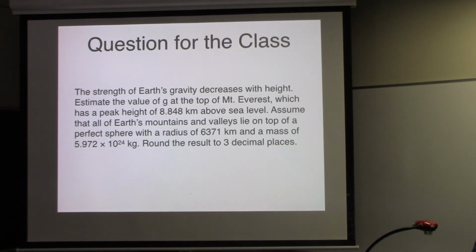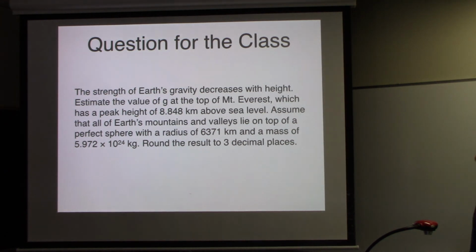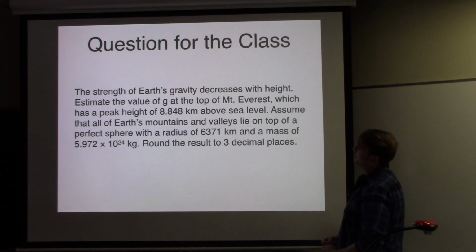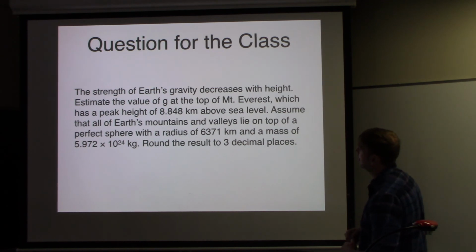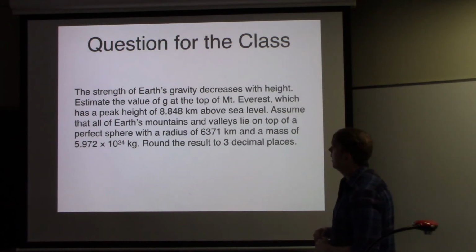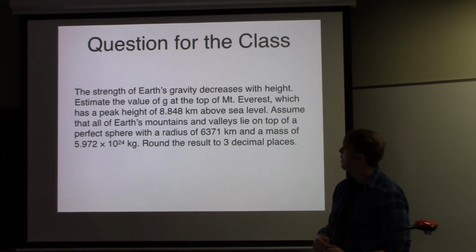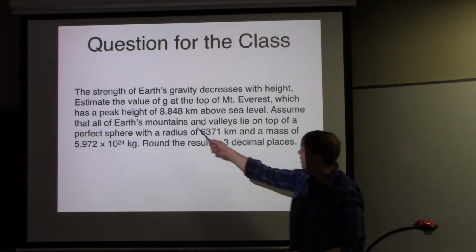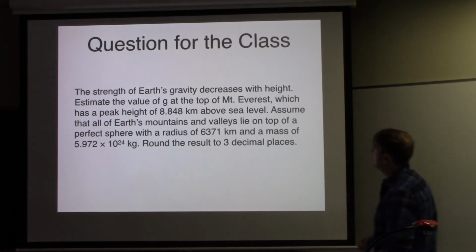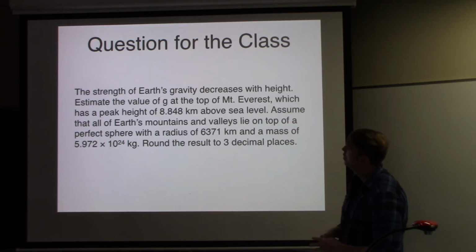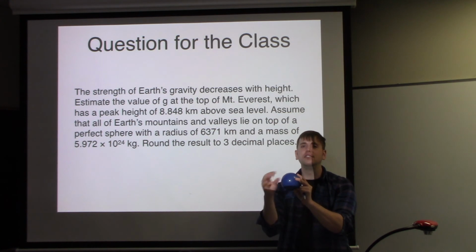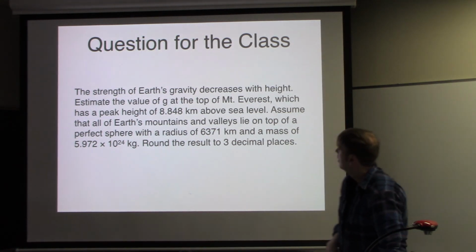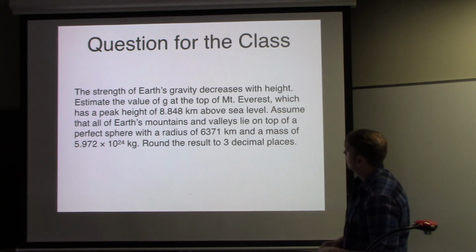So we're going to do a couple problems here which deal with this issue of g not being uniform. And so this says that the strength of Earth's gravity decreases with height. It gets weaker and weaker as you get further and further away from the Earth. So what I want you guys to do is estimate the value of g at the top of Mount Everest, which has a peak height of 8.848 kilometers above sea level. When you do this calculation, I want you to assume that the Earth is basically a perfect sphere, with just some mountains and valleys sitting on top of it. So the radius of that perfect sphere would be